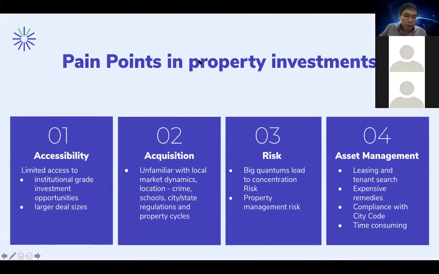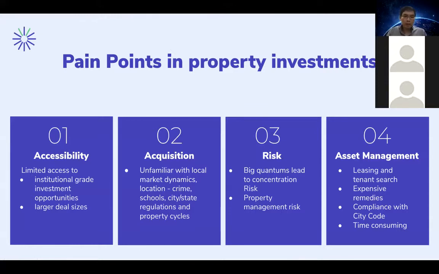Typically, for a real estate investor in Singapore, there are very limited options. A Singaporean would choose, let's say, a condominium unit to invest in, and then put out a huge chunk of capital as the down payment, and then look for a rental tenant to cover the rents. But actually there are many other ways to invest in real estate, and we see ourselves bringing value in the following ways.